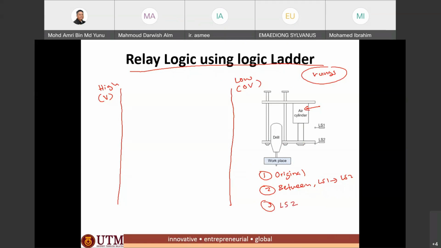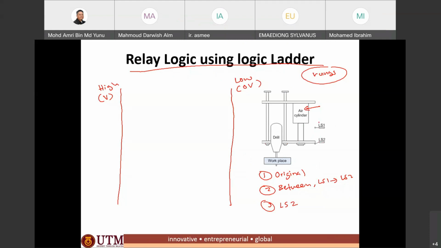So the origin is when the drill or the table is level at LS1, okay, LS1,